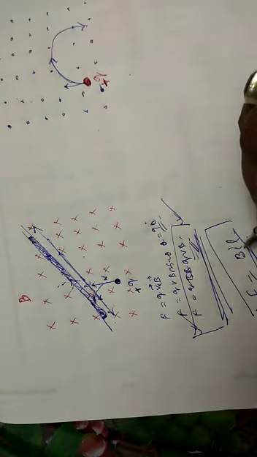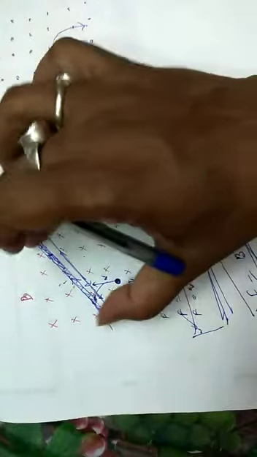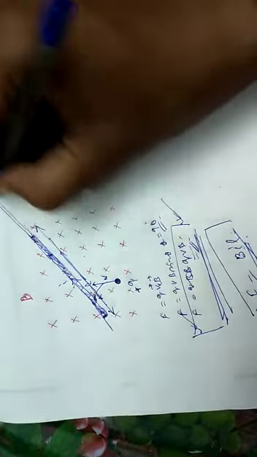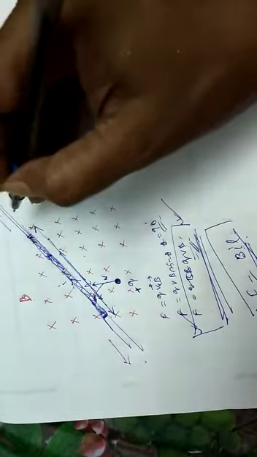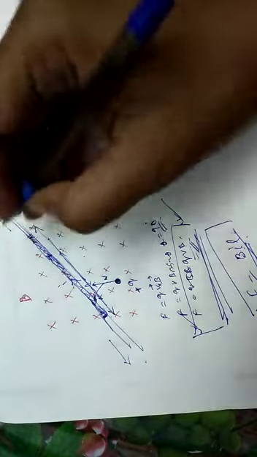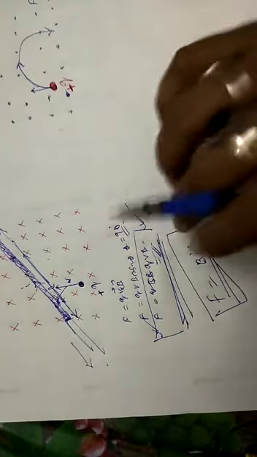If current I is passing through the conductor and L is the length which is inside the magnetic field, the wire may extend in both directions up to a large distance, but we are not concerned with the part which is out of the magnetic field. So here we can see that only this part is inside the magnetic field, and for this part the magnetic force will be BIL, and we will prove it in the next video.